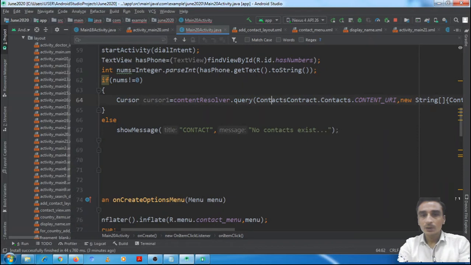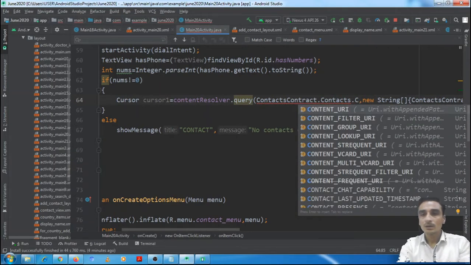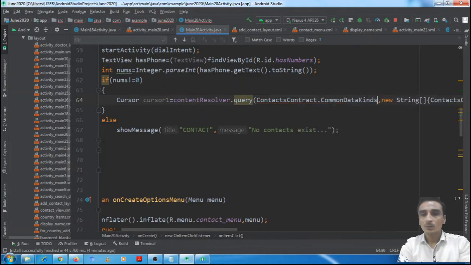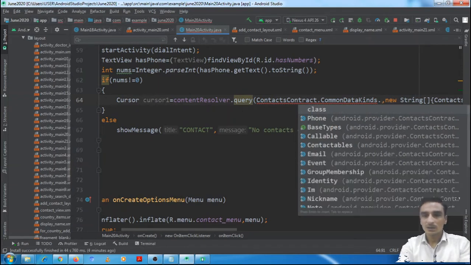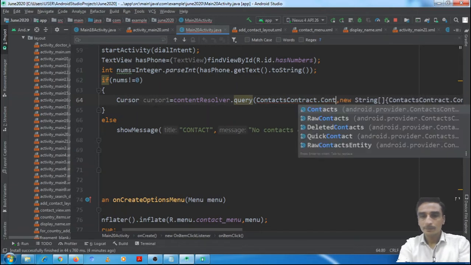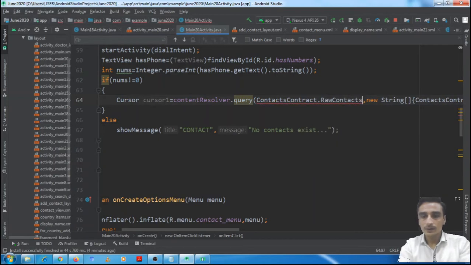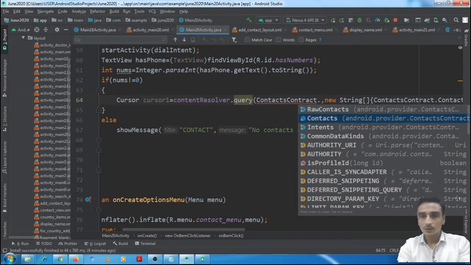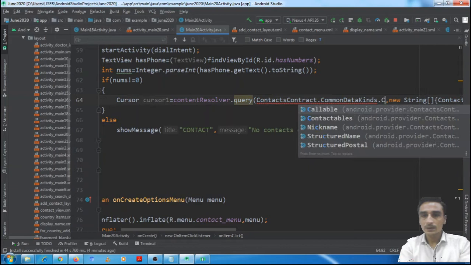Content resolver dot query, then here contacts contract dot common data kinds dot common data kind, it might be row contact dot content URI or something else. I think it was common data kind and content URI.